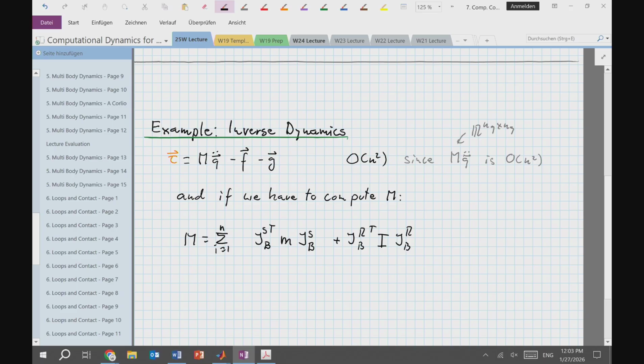You say order n to the 4, and I think where you're coming from is you say I have matrix times matrix, which is order n cubed, and then I have to sum over nb bodies, so we get order n to the 4. You have to be a little bit careful here because these Jacobians are not really n